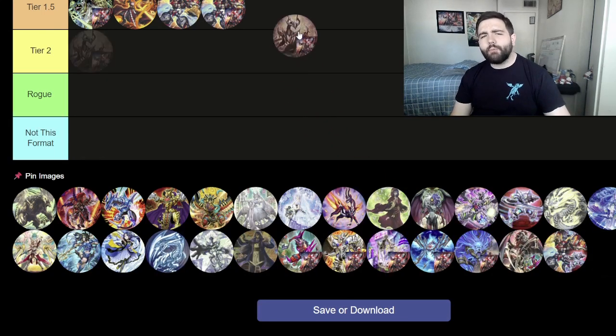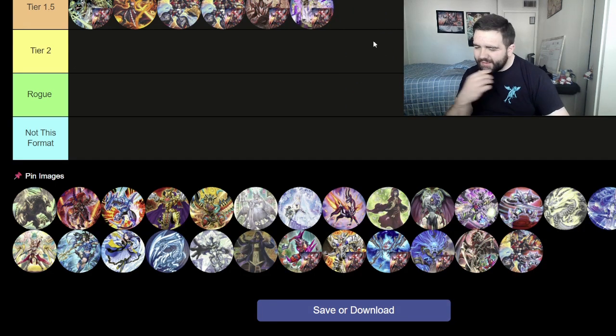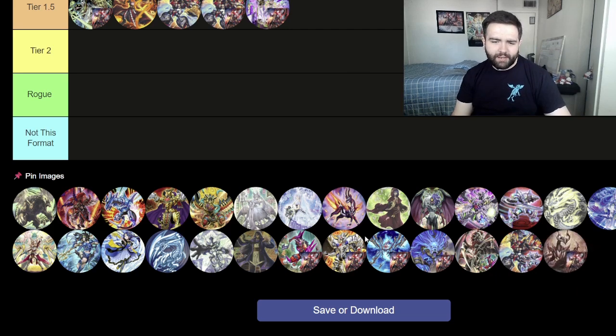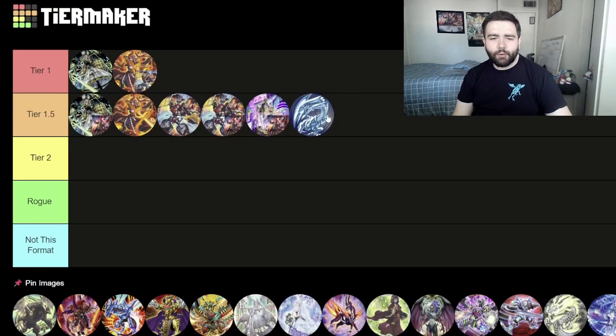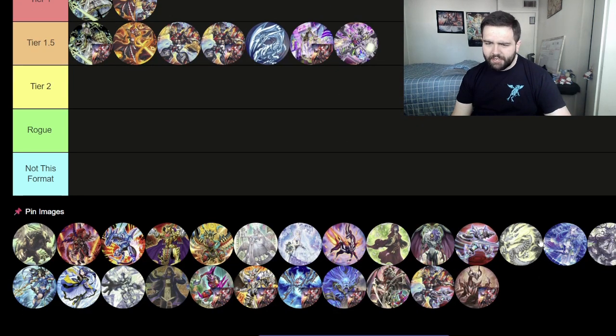I don't know. I'll throw Primite Blue Eyes and this. Like, I don't know. This seems a little weird to me, to be honest with you. Oh, this is Primite Fiendsmith. Sorry, that's not what I want. I want to do Blue Eyes is what I want to do here. Yeah, I think I'm going to stick with that and probably put Memento here as well if I really want to. I think everything else doesn't really...